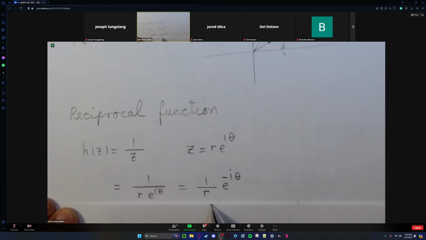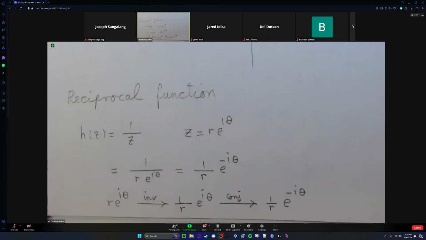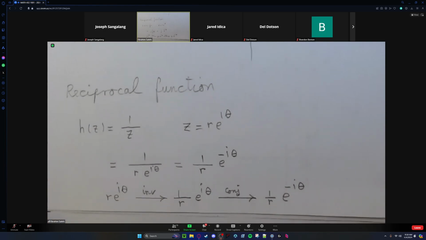So there are two actions involved. One is inversion with respect to a unit circle, then you take conjugation, all right? So this is why I separated these two